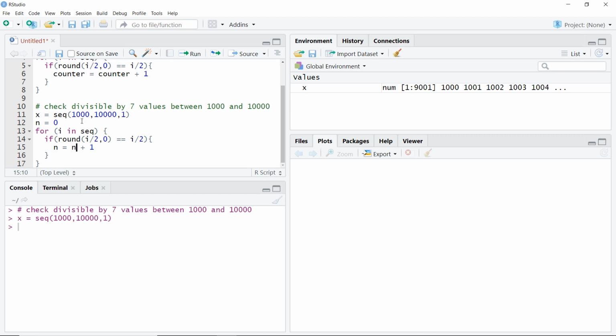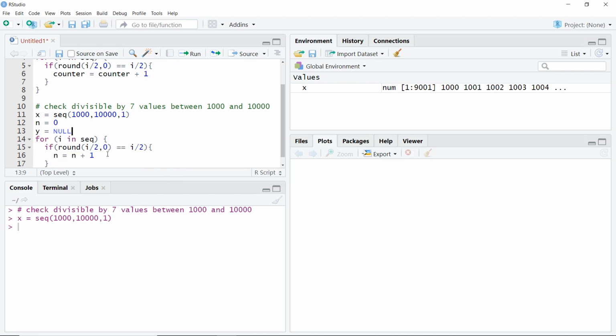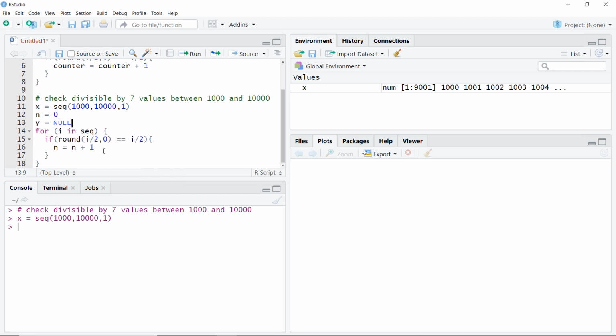Now I'll do one more thing, that I'll make another sequence that gives me those values. So I'll write another variable here, y. Whenever I'm writing a vector, I prefer defining it as a null value before I write any loops for it, so that it does not start with some value.